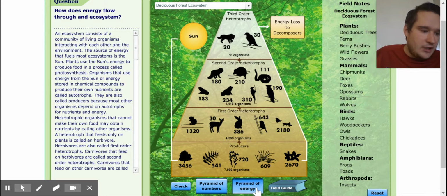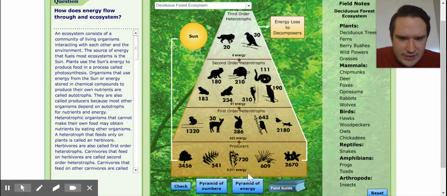Now we need to click on pyramid of energy. And this is procedure step 6. Clicking on the pyramid of energy will review how much energy is available at each trophic level. Record this information in the data table. So now it tells us what the energy is. We have 6,011 energy for producers, 623 for our first order heterotrophs, 61 for our second order heterotrophs, and 6 for our third